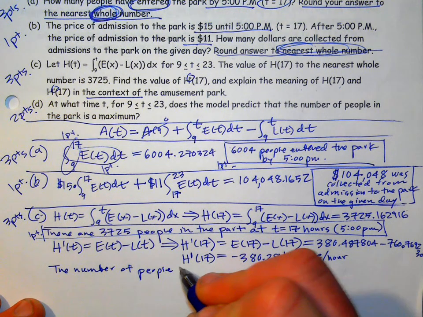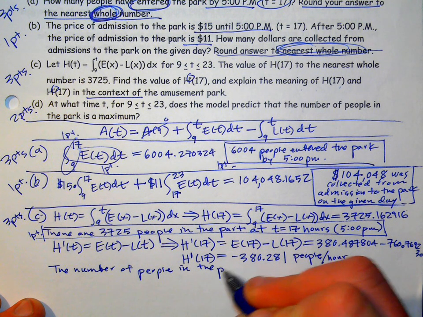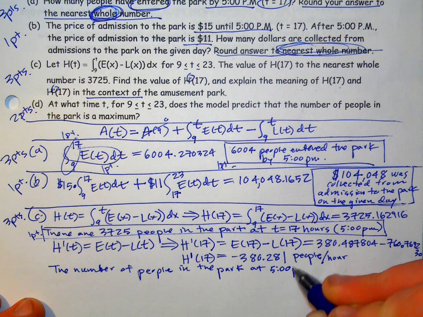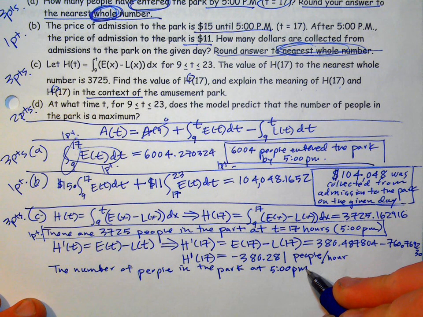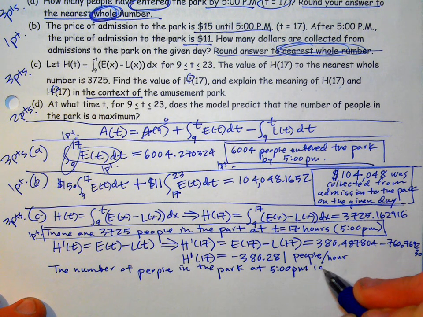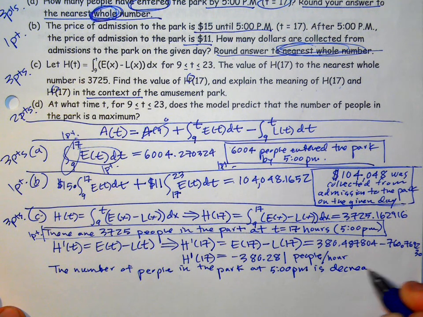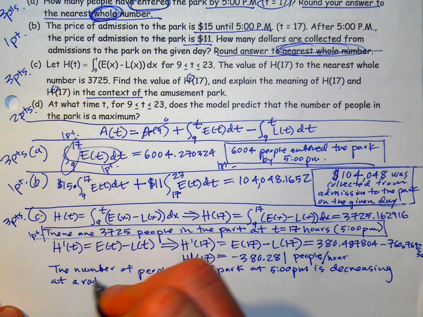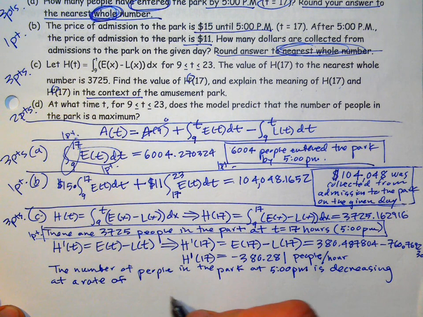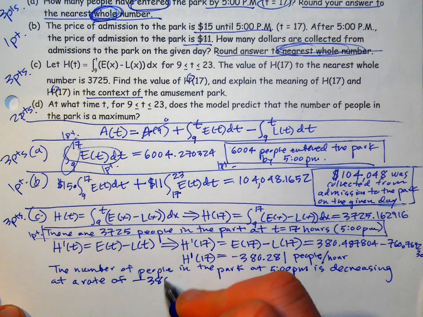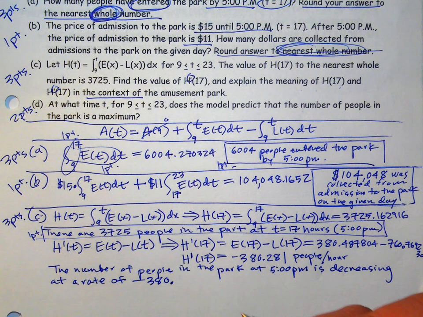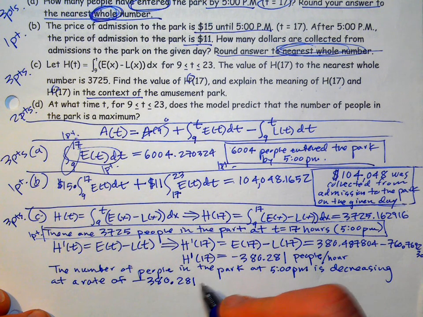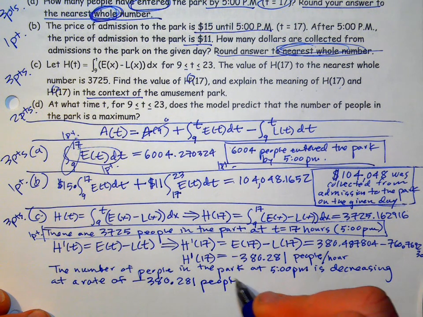people in the park at 5 p.m. You want to be specific about the time, okay? Mention the time at 5 p.m. is decreasing at a rate of negative 380 point. I don't think they said nearest whole number anywhere, so I'm going to go ahead and go through decimal accuracy. 281 people per